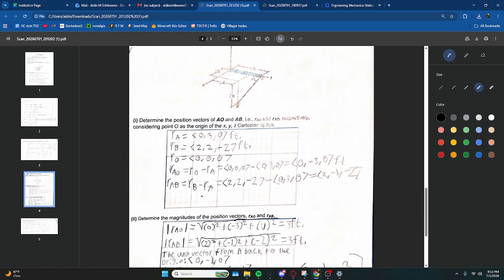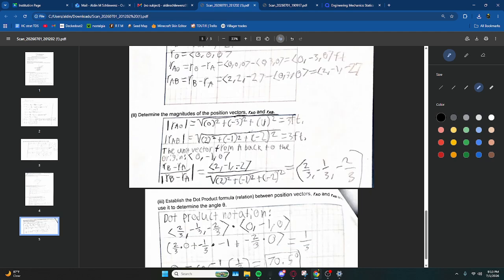RAB is equal to RB minus RA, which is equal to 2, 2, and negative 2 minus 0, 3, 0, which is equal to 2, negative 1, negative 2. Then I used that information to find the magnitudes, which is RAO equal to the square root of 0 squared plus negative 3 squared plus 0 squared, which is equal to 3 feet. RAB is equal to the square root of 2 squared plus negative 1 squared plus negative 2 squared, which is